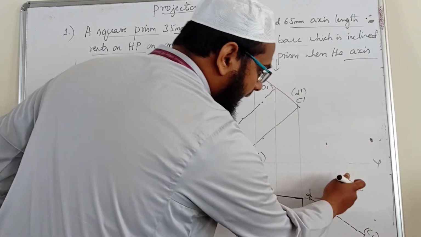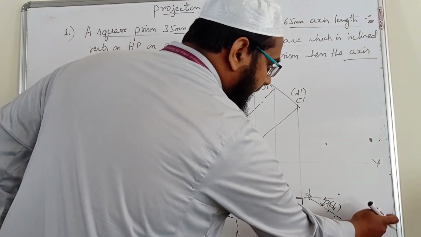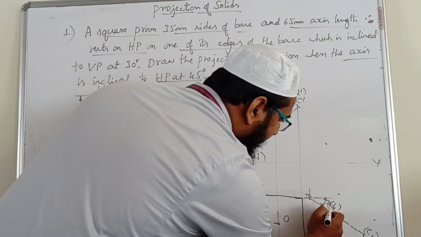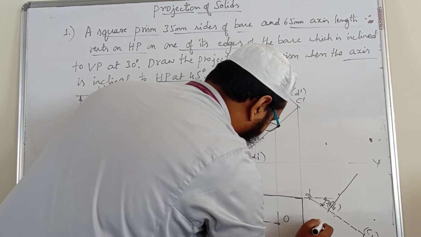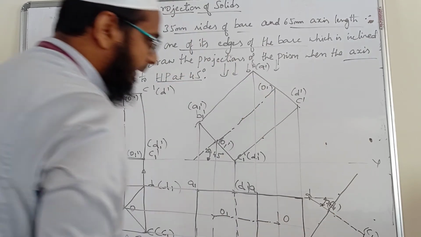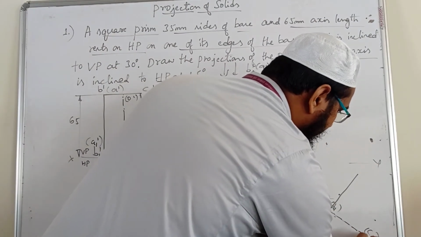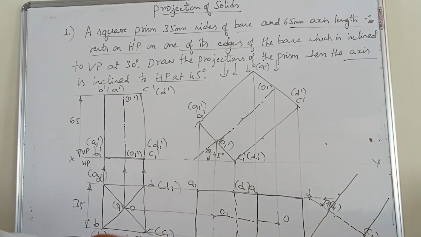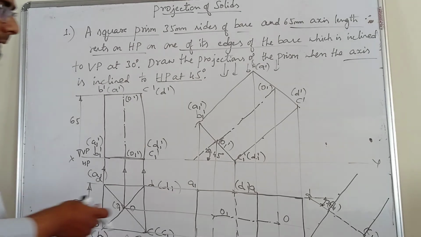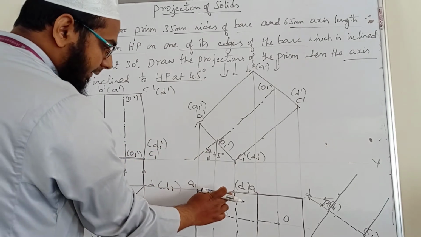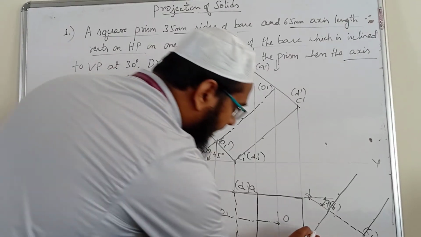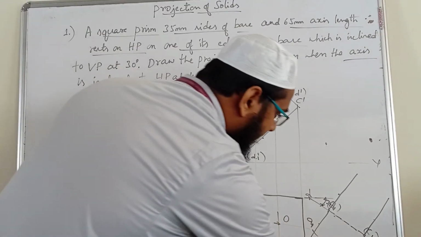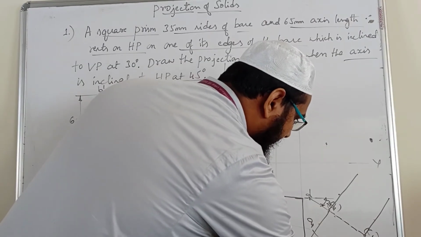Keep the protractor here, mark 90 degrees. Similarly, keep the protractor here, mark 90 degrees. After that, we draw a straight line here. Then we take the compass and measure from D1 to A1 and cut the arc. This is A1. Similarly, C1 to B1, cut the arc. That is B1.